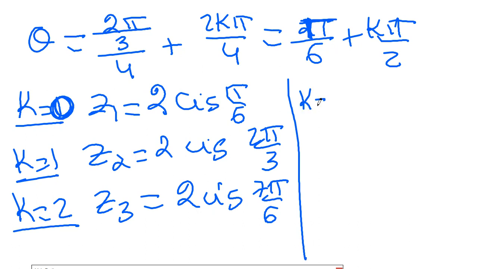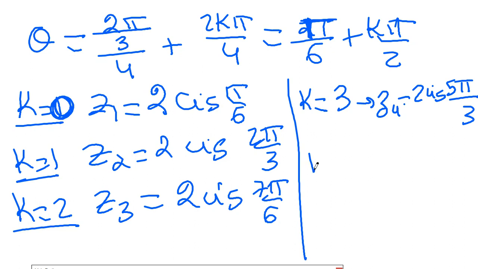Now for k equal to 3, I will have z4 equal to 2 cis, π/6 plus 3π/2. It will be 5π/3. And now if I take k equal to 4, it will be π/6 plus 4π/2, which means plus 2π. So I'm back to this angle, and I stop here. So I have 1, 2, 3, 4, and those 4, I will draw on the